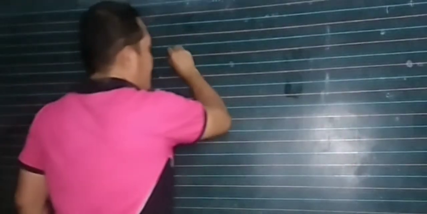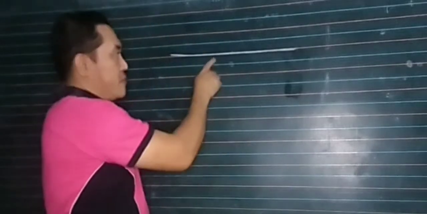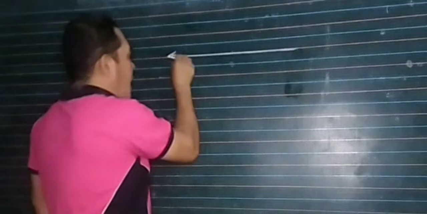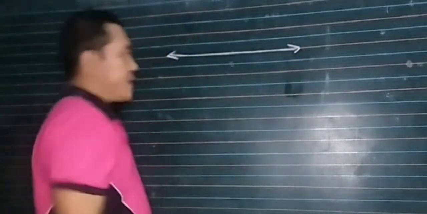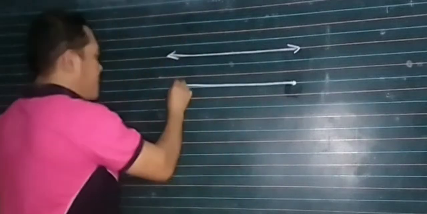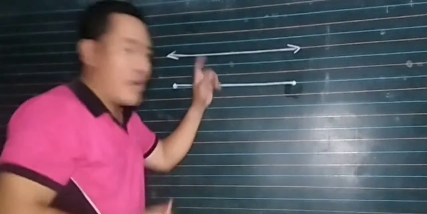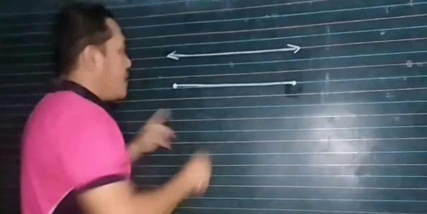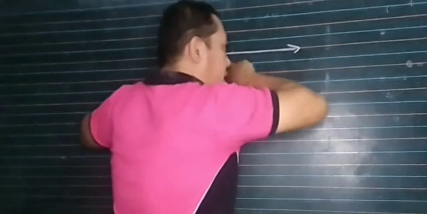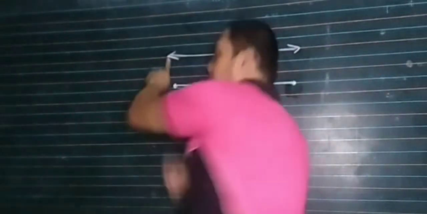This one is an example of a line, just like this. I am drawing a line here on the board. This is an example of a line. It can have an arrow, or it can be segmented. Lines with an arrow mean they go continuously in that direction, and the other one going in that